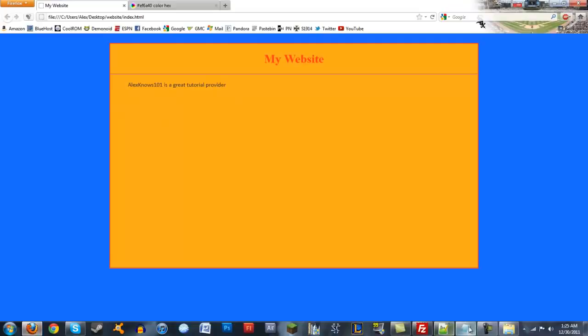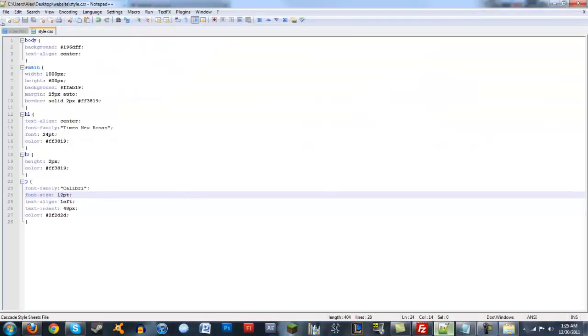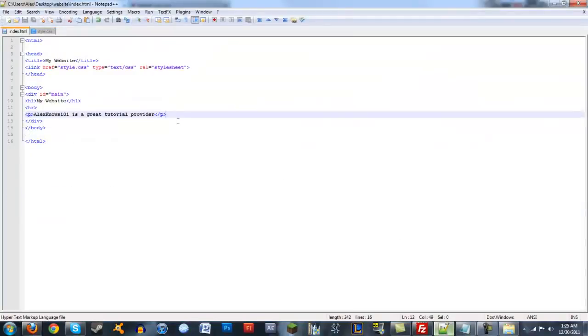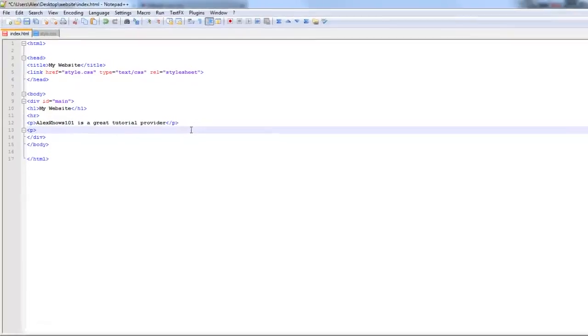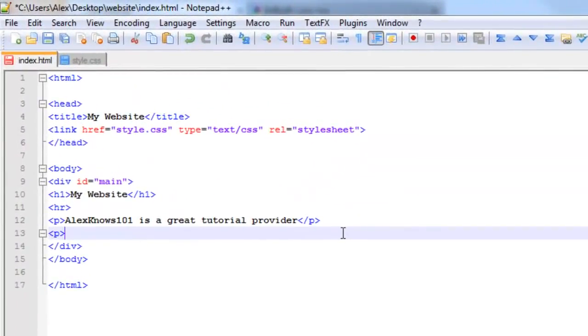And now, just to show you guys, I'm going to add another paragraph here. I'll try to make this one a bit longer so that you can see how it wraps. I'll write some filler text. You should definitely